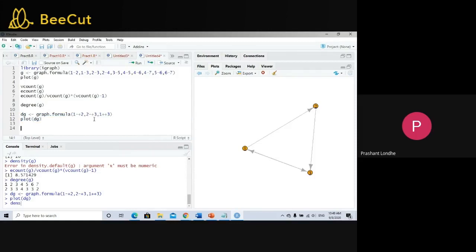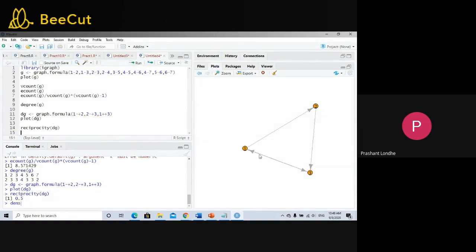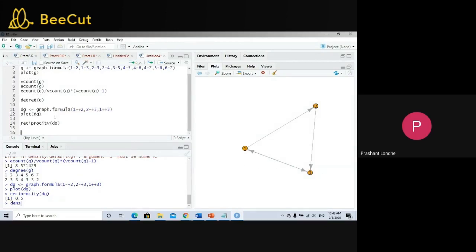Now how to calculate the reciprocity? Reciprocity is calculated approximately, by calculating the mean, therefore it will be some value. It is 0.5. So the reciprocity of DG is equal to 0.5. Then the transitivity. How to calculate transitivity? We have to define one more graph.